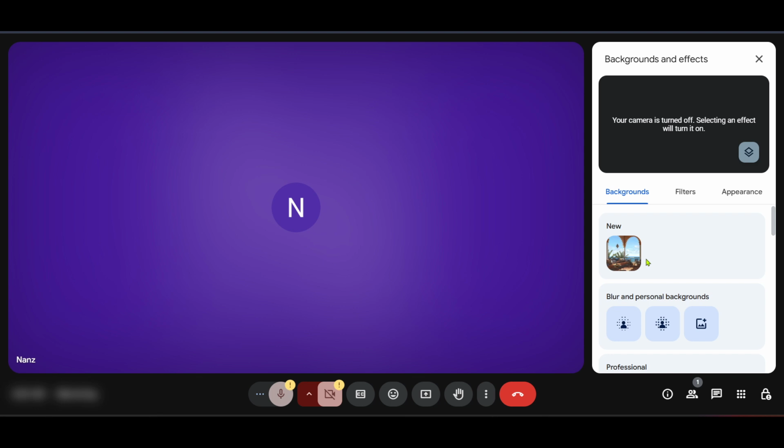Once you've selected an effect, simply close the panel and you're all set. From here you can proceed with your meeting confidently, knowing your virtual background will keep any distractions out of sight or offer a pleasing visual backdrop for your discussion. And that's it, you now have the knowledge to seamlessly set up and change your virtual backgrounds in Google Meet. Using this feature not only helps to maintain privacy, but can also inject a little personality or professionalism into your